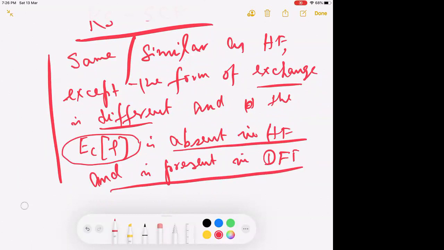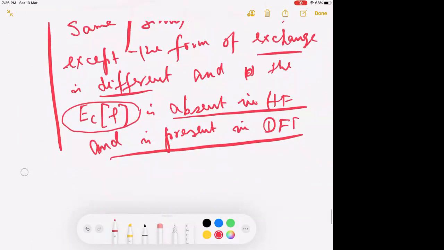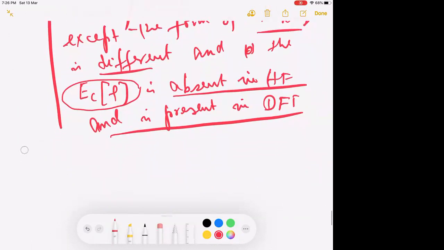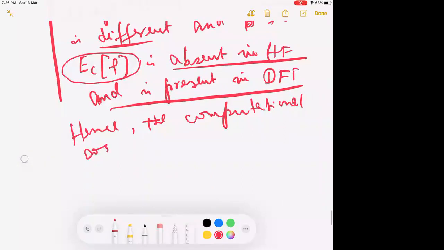Although there will be a one particle form, and that's the beauty of DFT. It is present in DFT, but absent in Hartree-Fock. So hence, although the computational cost is similar, DFT is more reliable